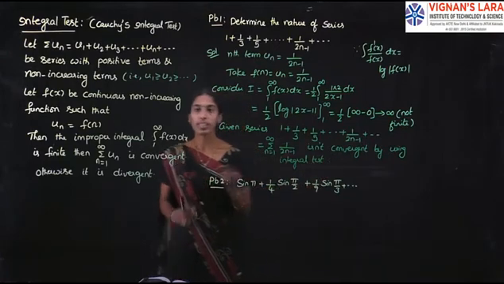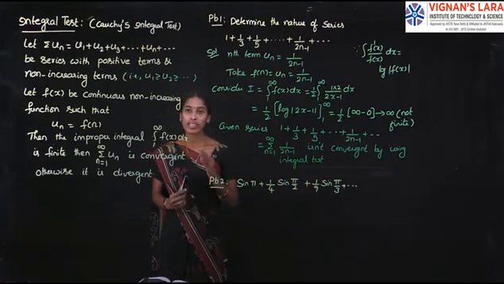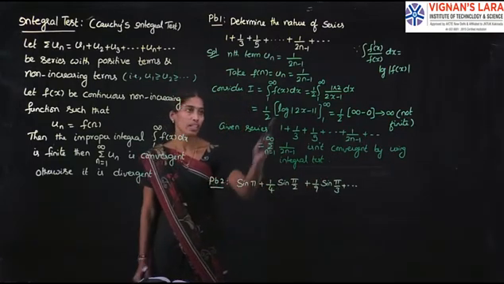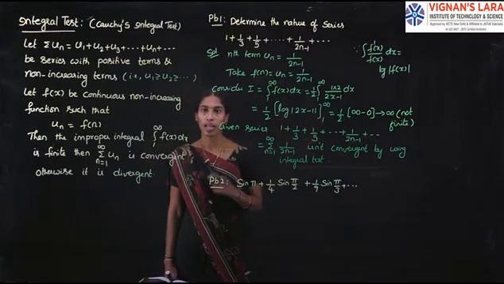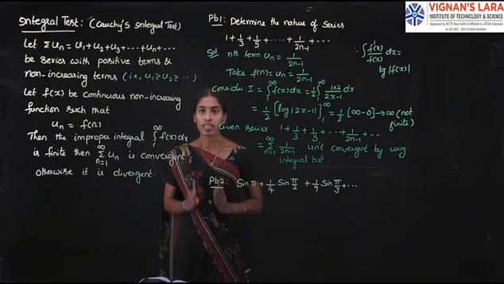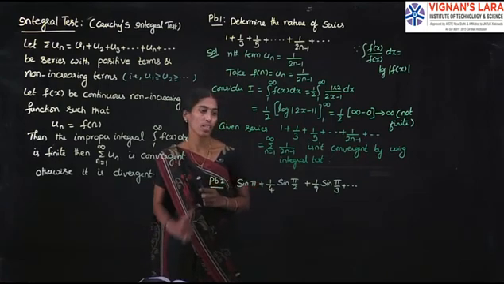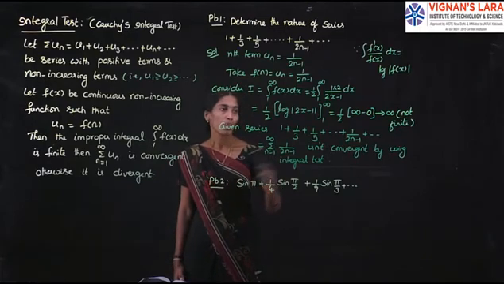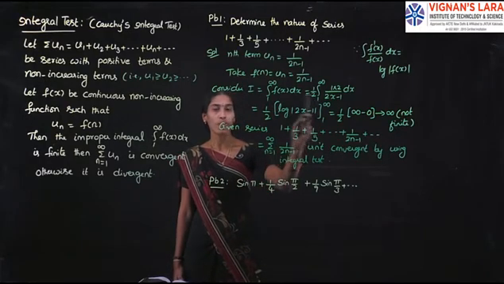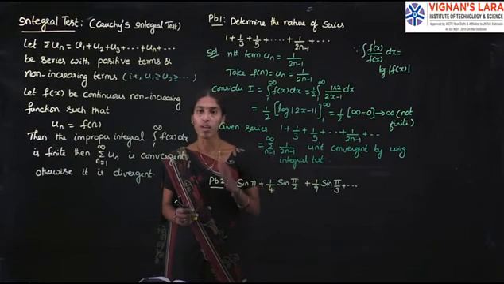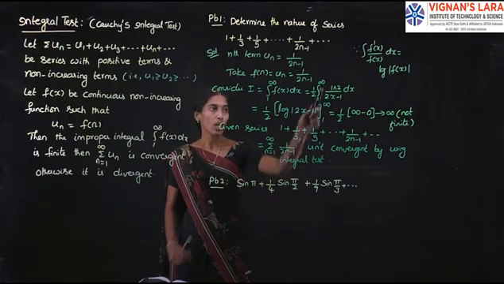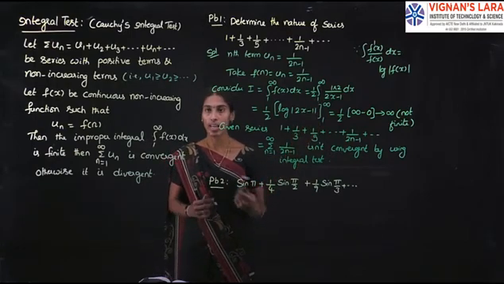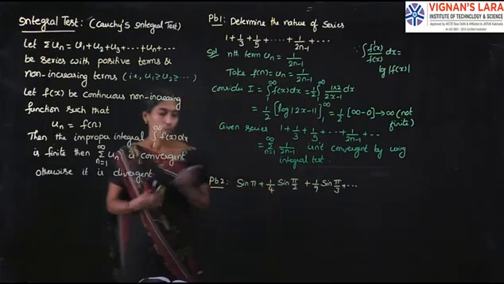So when is the integral test applicable? If the integration is easy, right? Otherwise, if integration is difficult, we cannot apply the integral test. One more condition is here. Because the summation n starts with 1, so we are taking the lower limit of integration as 1. Suppose if n starts with 2, then the lower limit of integration we will take as 2, right? And now we will see the next sum.